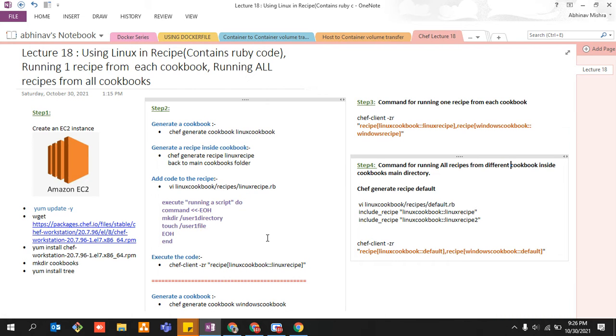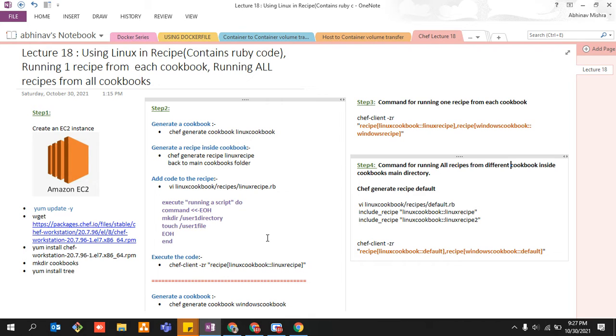It might look like there are a lot of things that we are going to do, but we are going to do only three things, and everything is interconnected. The very first thing is that in our recipe we are going to make use of some Linux command, because it may be required that at some point, while you are writing your recipe, you need to write some Linux command. There is a particular way to do that. You need to know how to incorporate Linux commands into your recipe, and the recipe contains the Ruby code. I hope we all know this.